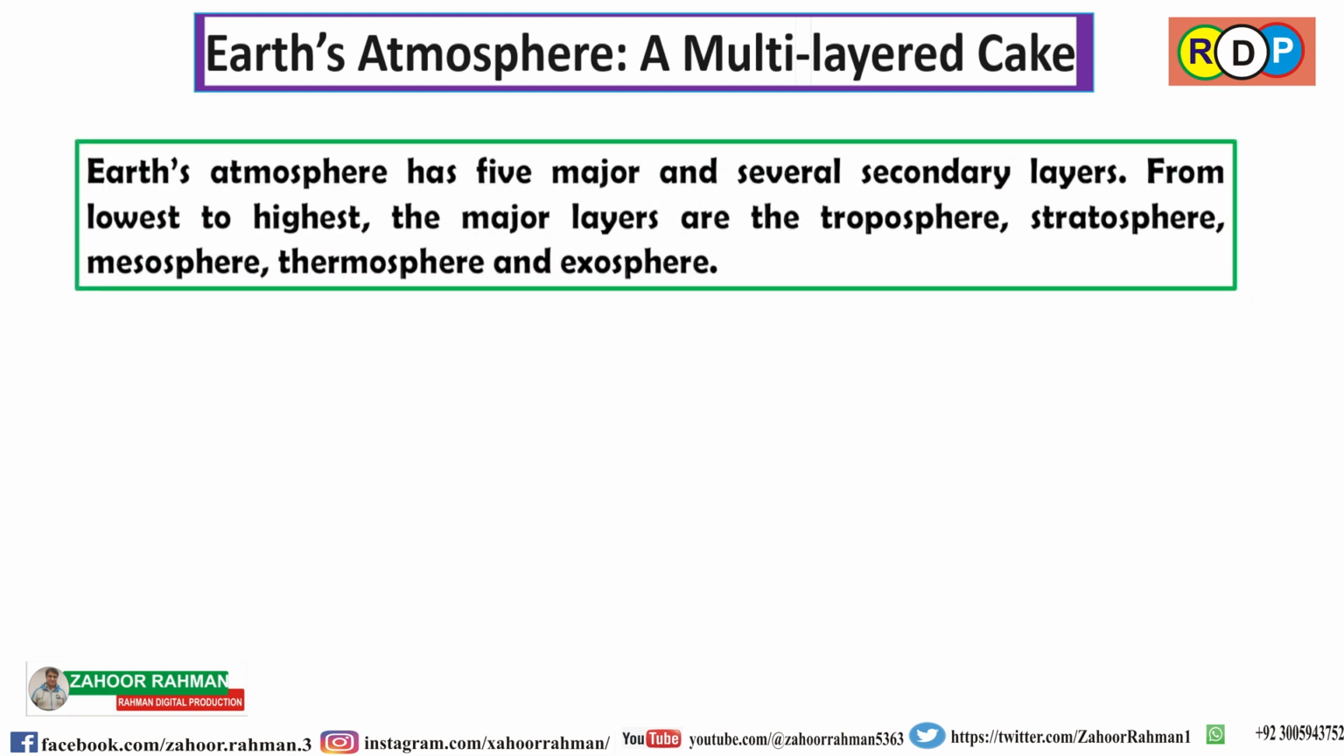let us write about the Earth's atmosphere, a multi-layer cake. Remember that there are five major layers: troposphere, stratosphere, mesosphere, thermosphere, and exosphere. There are many more, but these are the major ones. One is the outer space. 99.99% of the atmosphere is below these five